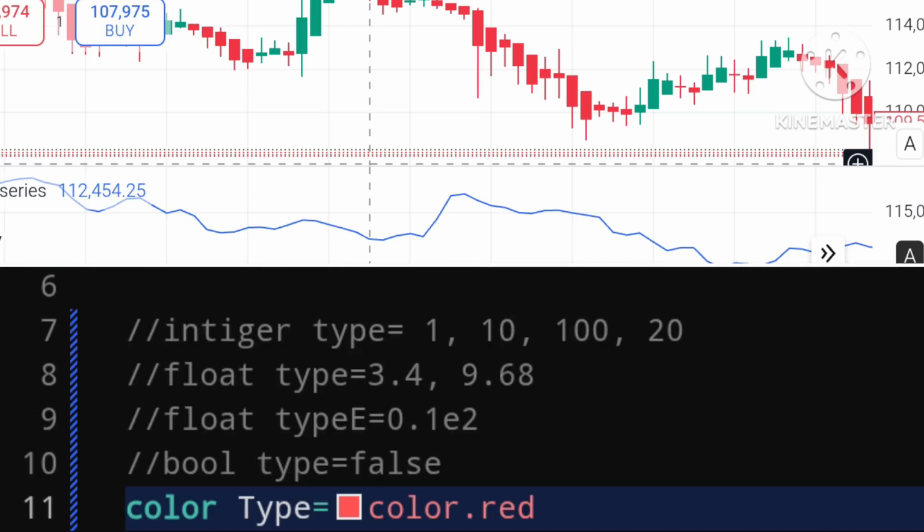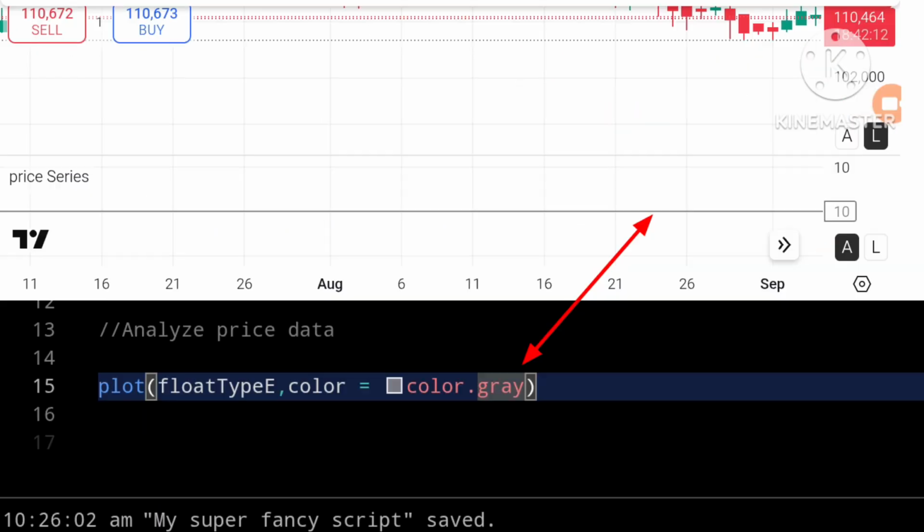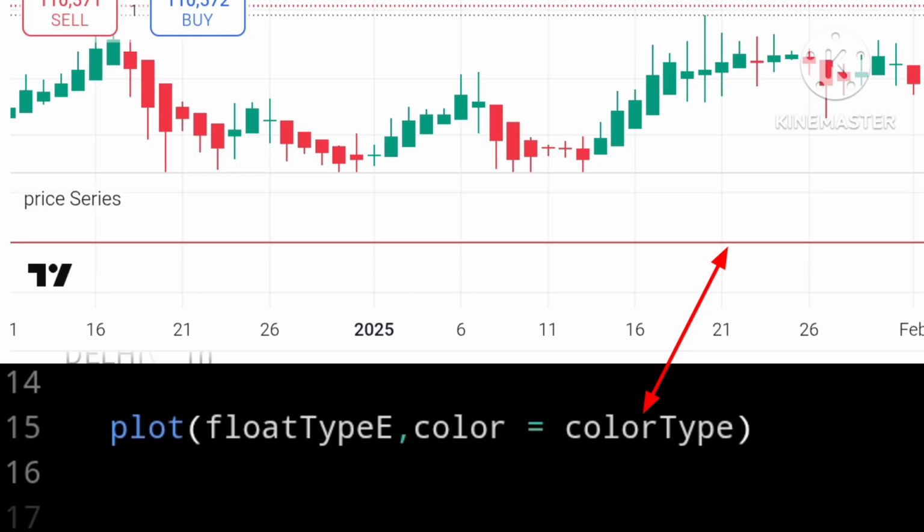So if I say color.red, that will give the PineScript inbuilt red color as the data type, and this can be passed into any of my drawing tools. So for example, we have got a plot here that is plotting our float type E. If I change this to say color equals color.red and save the script, our line will turn red. That is what color data types are like.